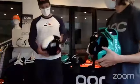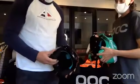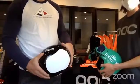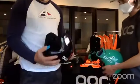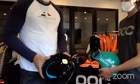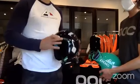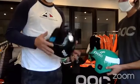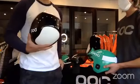Well, let's talk about what's really good. In the past, the VPD still exists in the front and back, the main impact zones, and then the EPS foam throughout the whole helmet. And I think this is the best helmet on the market, the safest helmet on the market. I'm excited with the improvements. One more improvement,